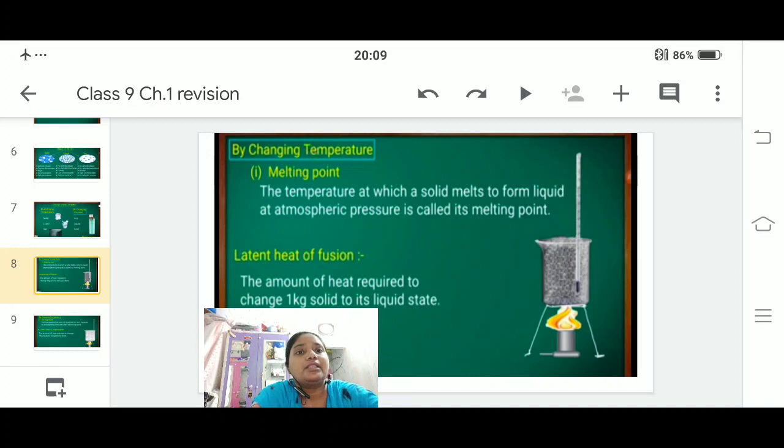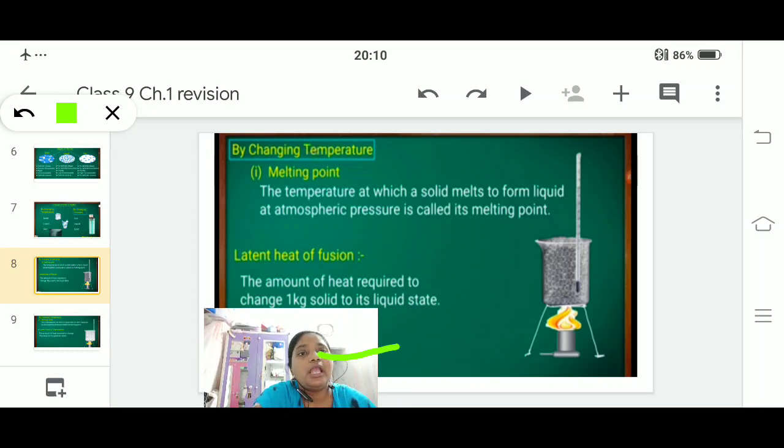Melting point. The temperature at which a solid melts to form a liquid at atmospheric pressure is called the melting point. Here you can see a beaker being kept with a thermometer inside it. We know that the melting point of ice is 0 degrees Celsius.